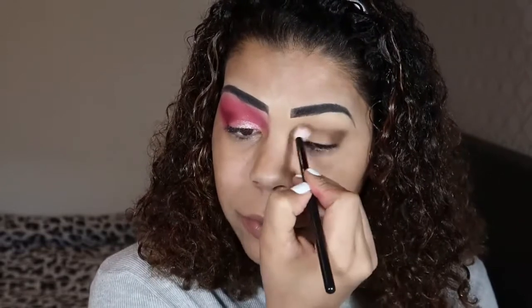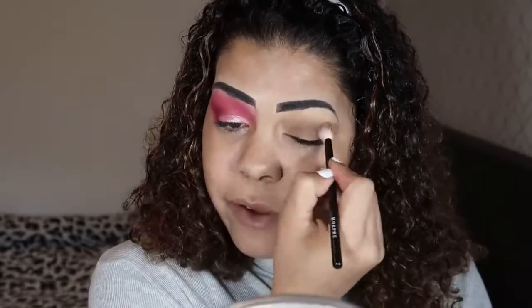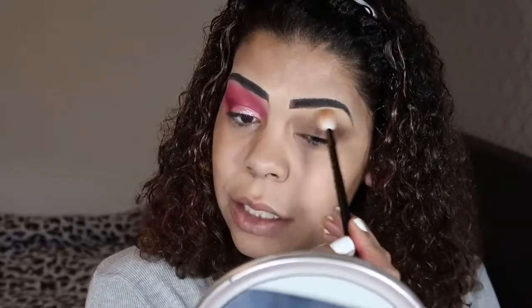For the crease, I am going in with 5 AM. So I'm stamping it on right here. Take a little more, tap it off, and drag it in all the way in my crease. It's really a 5 AM shade. Love this shade. I'm going back in with a little bit of Mila to buff out the edges, the harsh lines,